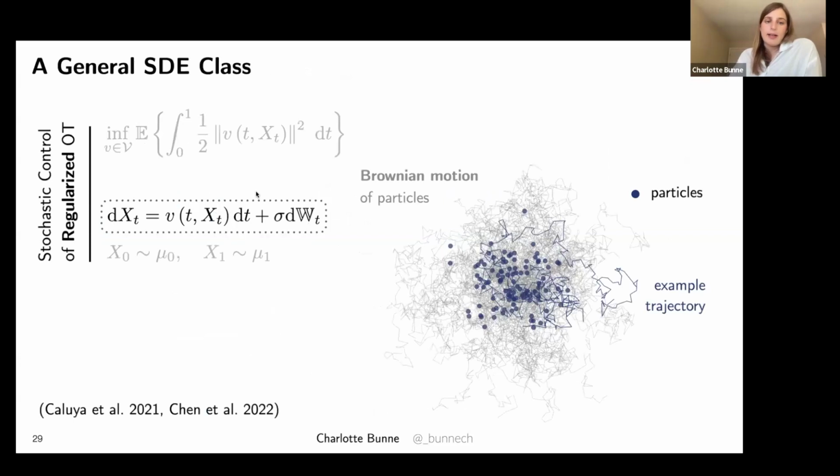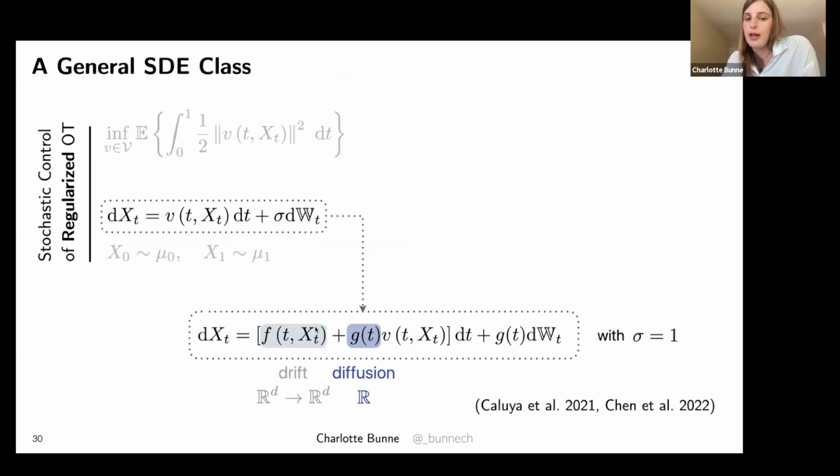How would this look, right? My state distribution, if the particles followed Brownian motion, would just show random movements around the start distribution. For example, here in dark blue, you see an example trajectory. Of course, we can transform this into more complicated classes of SDEs that really contain a drift